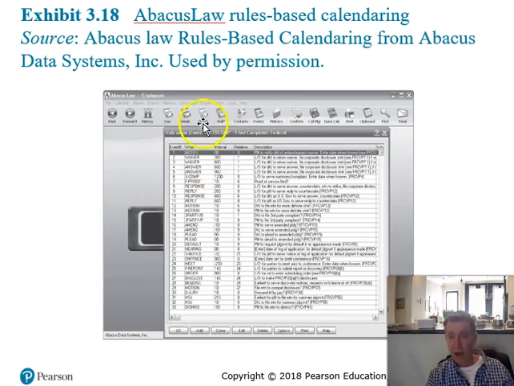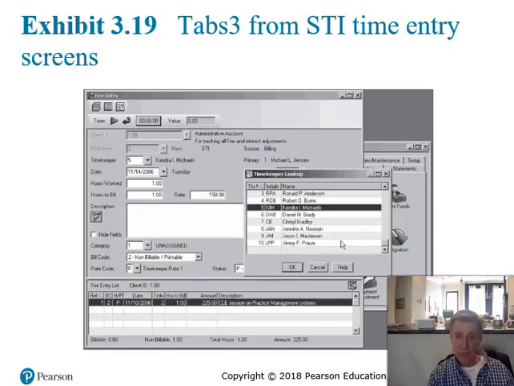This is a software package called Abacus Law, and you can see how everything is stored in it. Another screenshot,